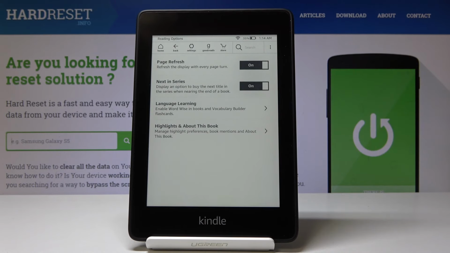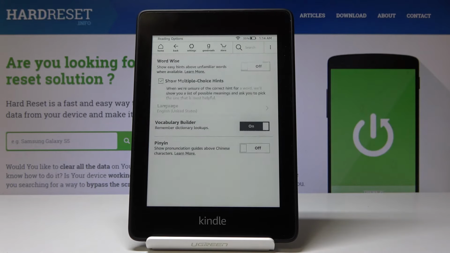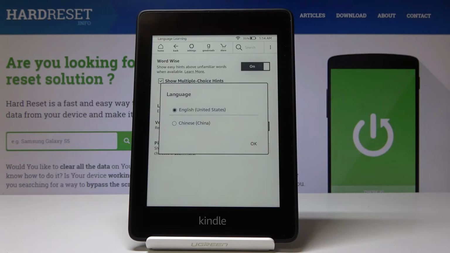it will display an option to buy the next title in the series when nearing the end of the book. You can also pick language learning, so it will enable word-wise in book and vocabulary builder flashcards, so simply click here and now you can activate it here. So here you can select the language